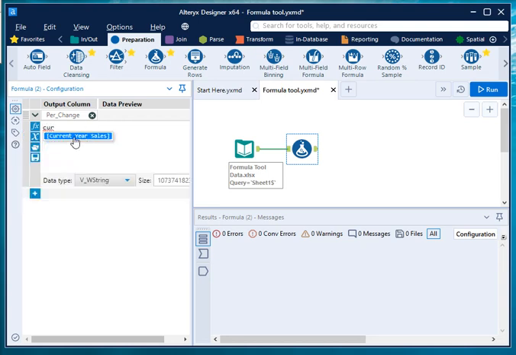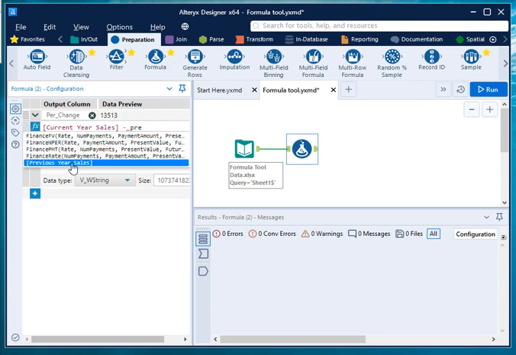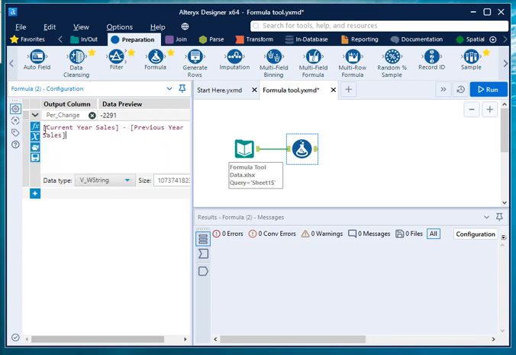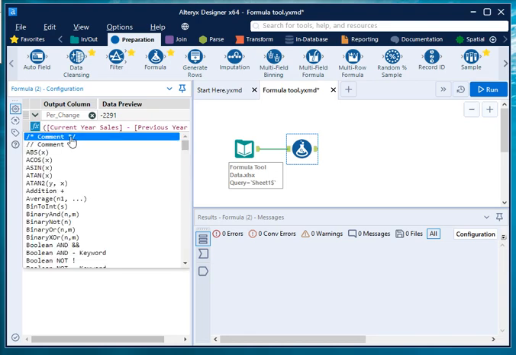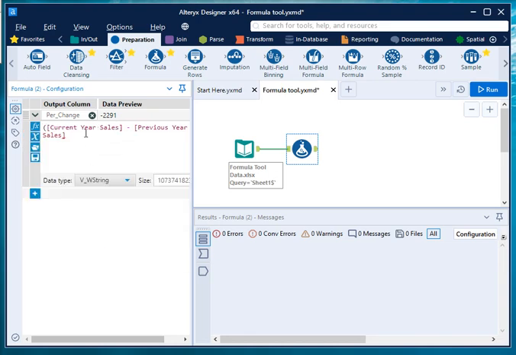Once you write some of the letters of your variable, a recommendation will open. Just click here, or you can also press tab, then write the expression: this minus, then the next variable was previous year, right? So select the previous year sales, put this in brackets, because current minus previous divided by previous will give you the percentage change of this year's sales as compared to the previous year, right?